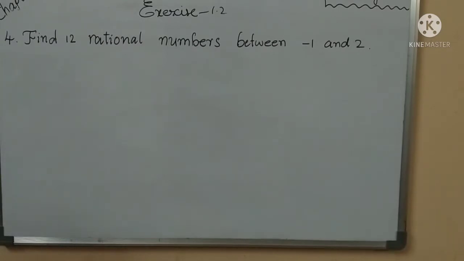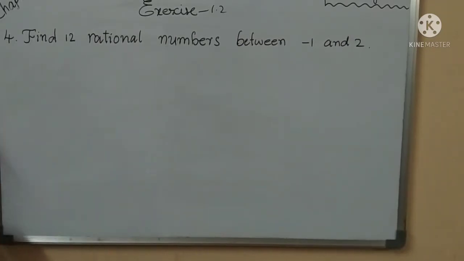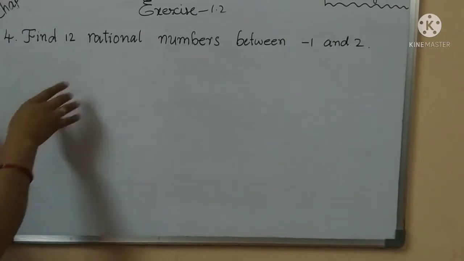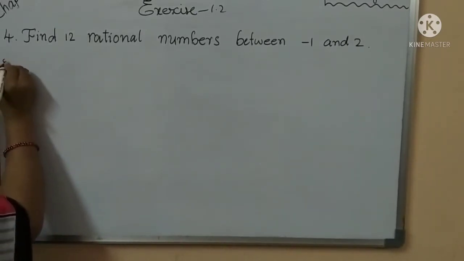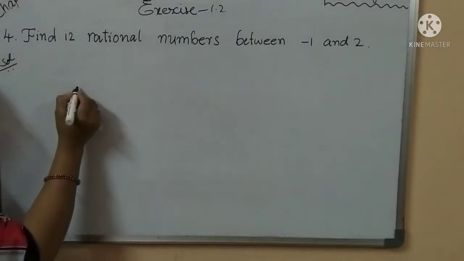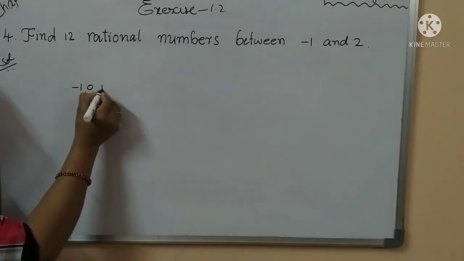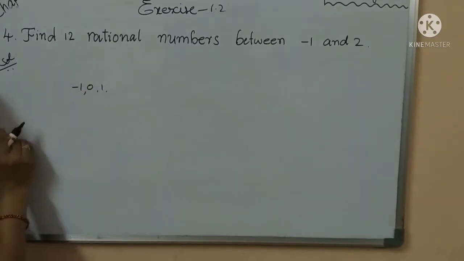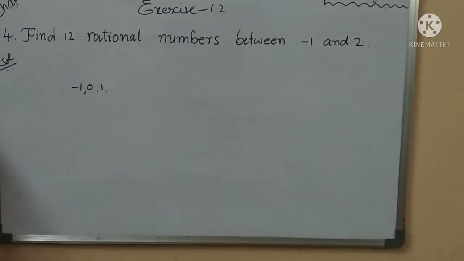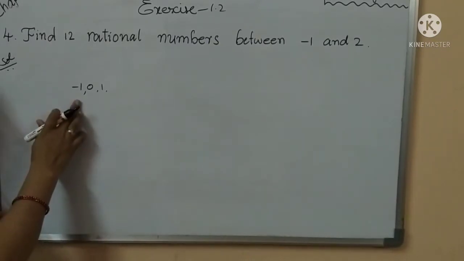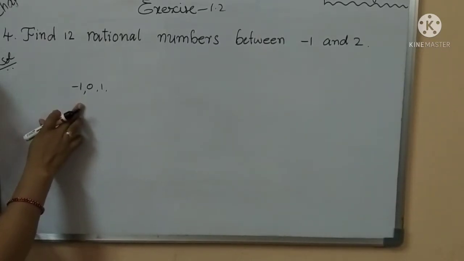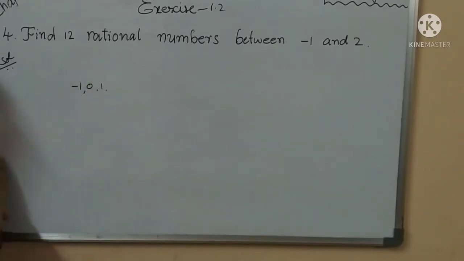So here, look at the question once. How many rational numbers between -1 and 2? 12. Observe that between -1 and 2, the middle numbers are 0 and 1, only 3 numbers including 0, 1. But here we are given 12 rational numbers between them. These are integers, yes or no, but here they are asking for rational numbers. Understand? Now write the